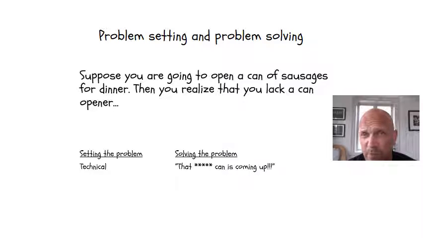Is that even possible? Well, of course it is. There are actually numerous ways of doing that. Most of them wouldn't be very intelligent, but still there would be possible solutions. You could run the car over the can, or you could hack it up with a knife, or you could go to your neighbor and ask if you could borrow a can opener, or you could go to the store and buy one, and so on. But the thing that combines all these solutions is the fact that we are focusing on the problem in this situation, which is how do we get the can open? So that's the problem setting we're working with.